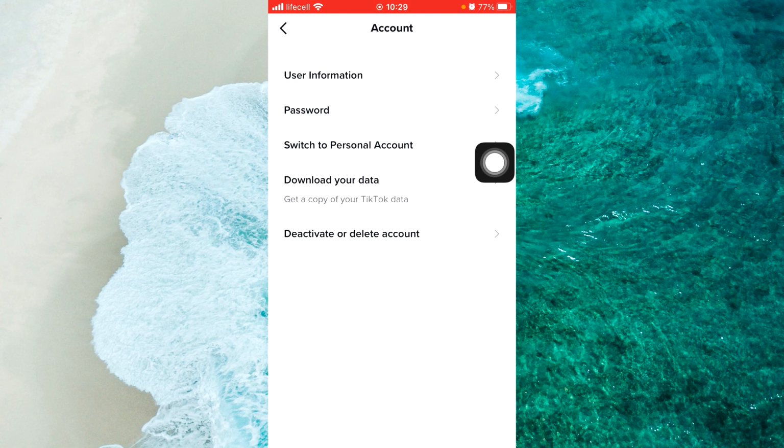But for those personal account users or those new users on TikTok, right here in this section they should see that it says they should switch to a professional account. So I do want you guys to switch to a professional account, and that is going to give you more